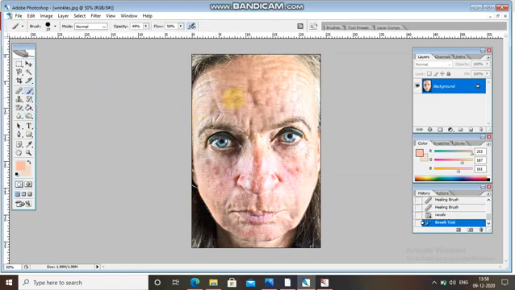Okay, and just on the areas where you want to color, you can do this like this. Okay, match the color with these areas, with this color effect. So in this way you can change the wrinkles of the face, the color of the face you can change. Okay, all these things you can do.